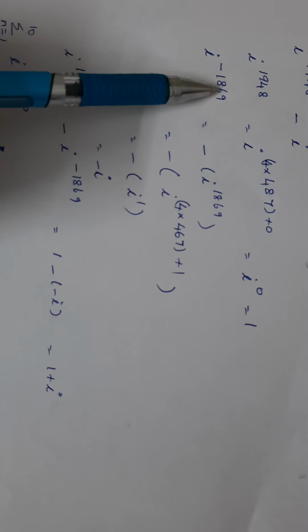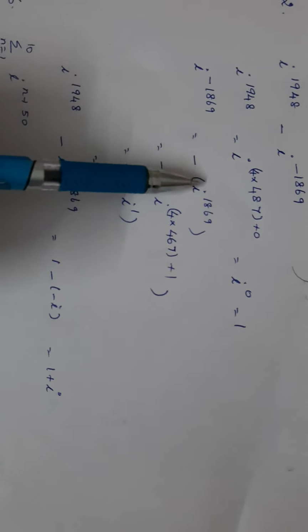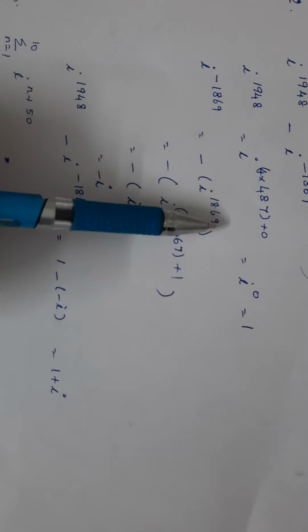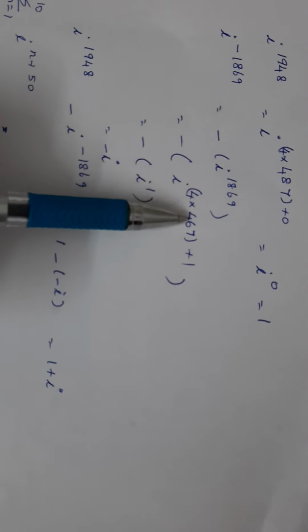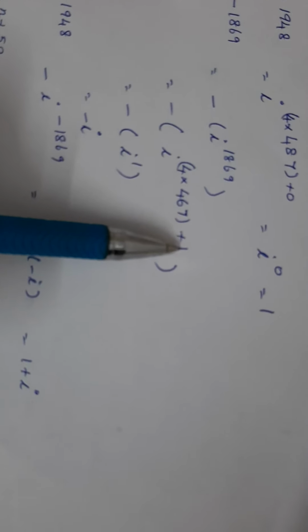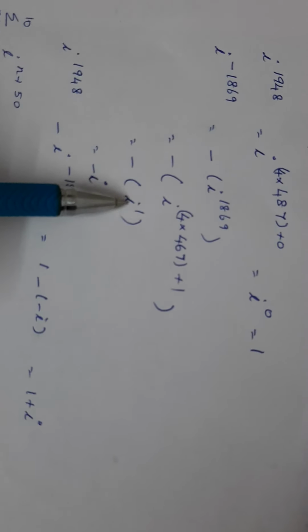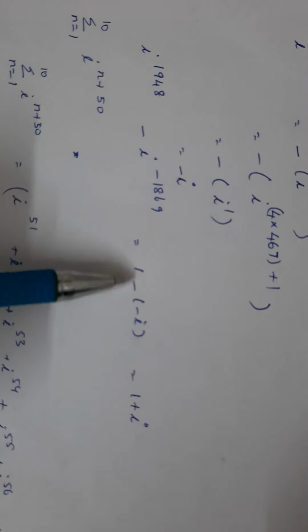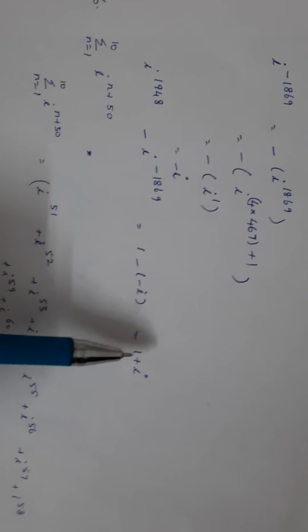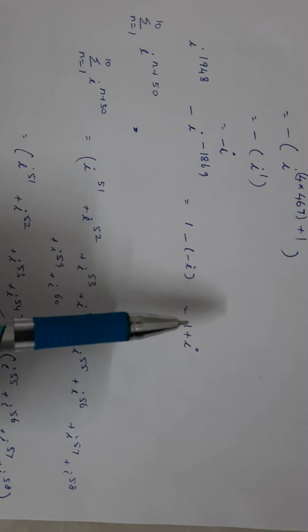Then i power minus 1869. It is an odd number. Odd number means its value will be equal to minus of i power positive 1869. Divide this 1869 by 4. It is a multiple of 467 and the remainder is 1. So it will be equal to i power 1, as i power 4 into 467 is going to be 1. So i power 1 is i, that is equal to minus i. So the value of the given expression is 1 minus of minus i, which is equal to 1 plus i. It is a complex number whose real part is 1 and imaginary part is 1.